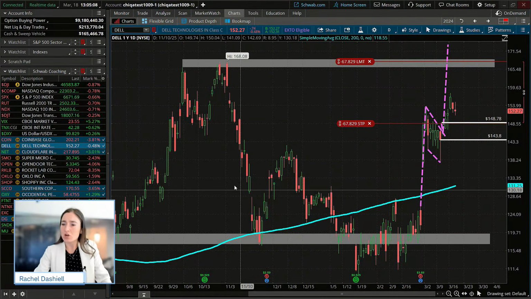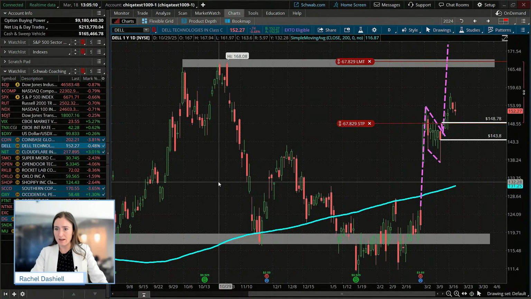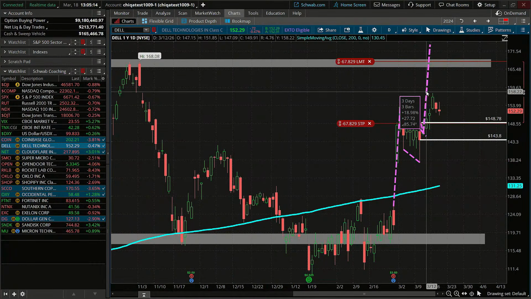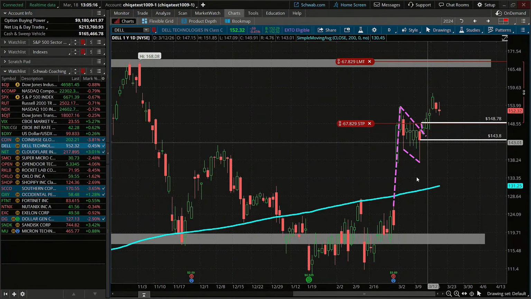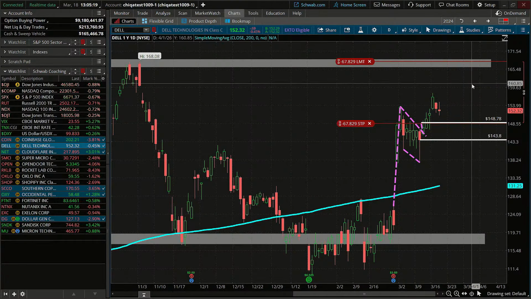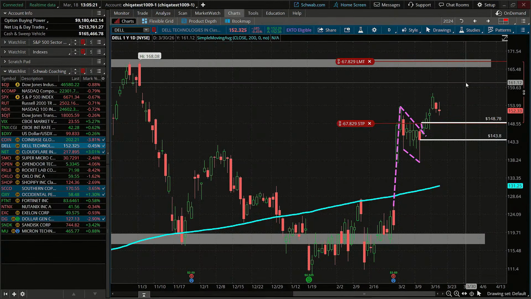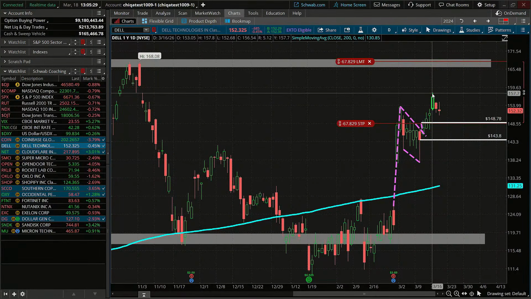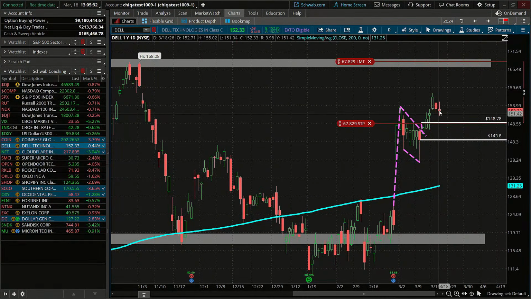But what we can notice right now, actually, in the last few days of price action, if I zoom in a little bit closer, and I'm going to remove this drawing so you can see, we almost have another bull flag kind of setting up here, if you guys can see this. So we have maybe the start of the flagpole starting right here, maybe going up to this high here, and price retracing a little bit.